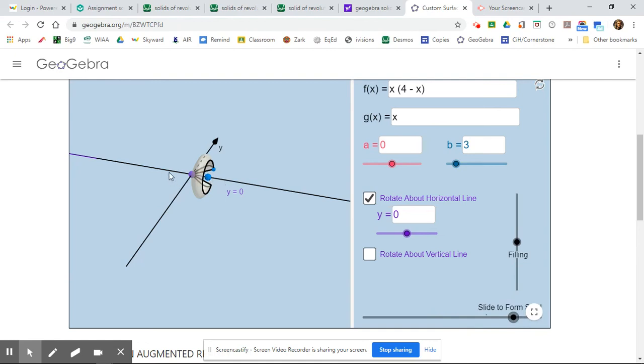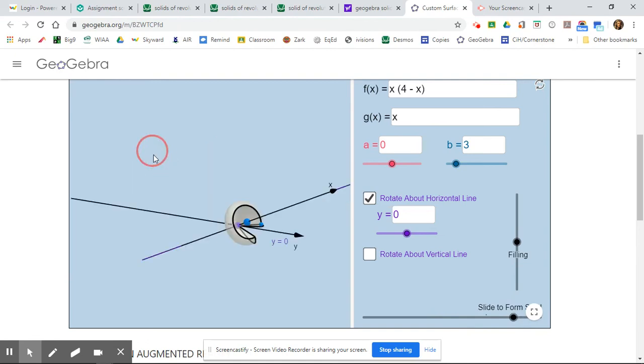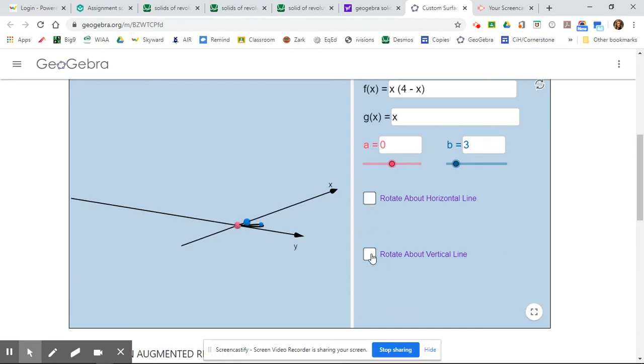I didn't quite get it all the way around, but as I move it around here, it kind of looks like a bowl with a cone shape on the inside of that bowl. And so that's what it looks like if we were to form this thing by making washers and putting it together. If I rotate it instead around a vertical line,